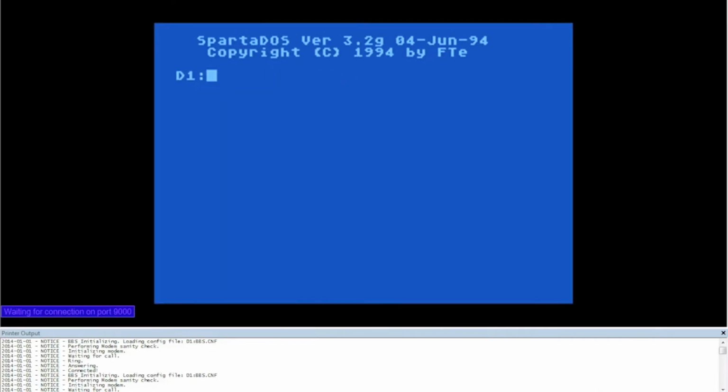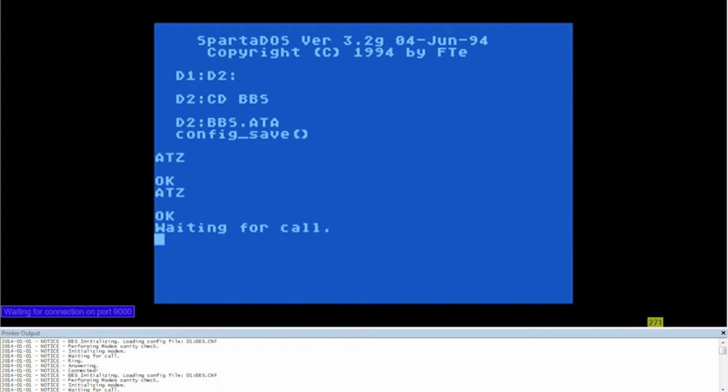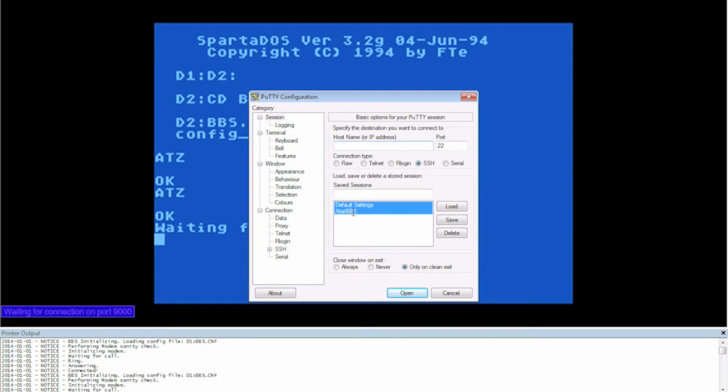As you can see here, I have Altirra running in my remote desktop session over to my Atari development laptop here. And I've got SpartaDOS loaded. I will go over to D2 and start the BBS. Go into the BBS directory and go into there. See, waiting for call. I will bust out my trusty PuTTY, connect via telnet,